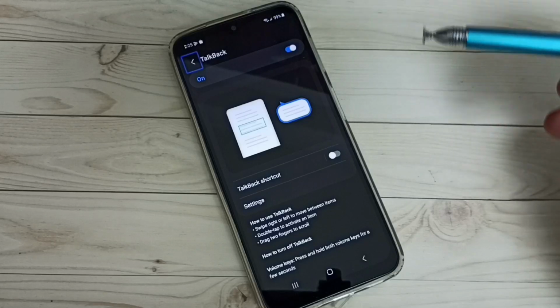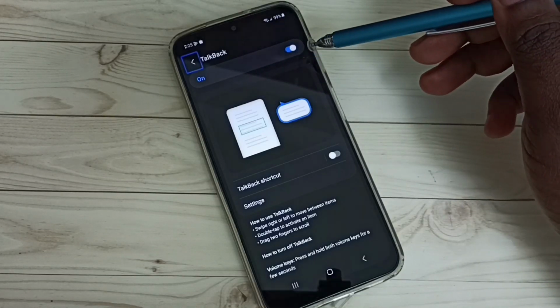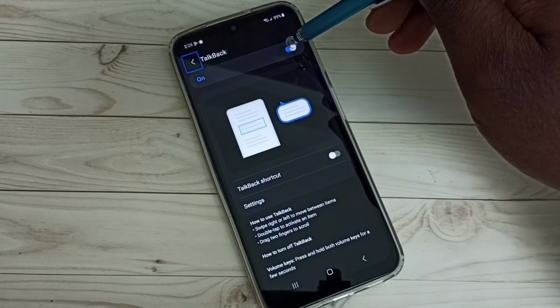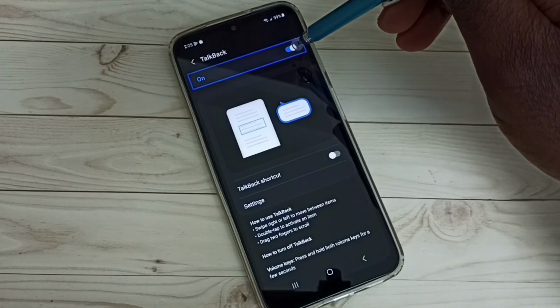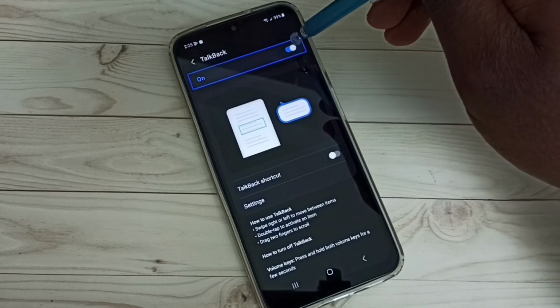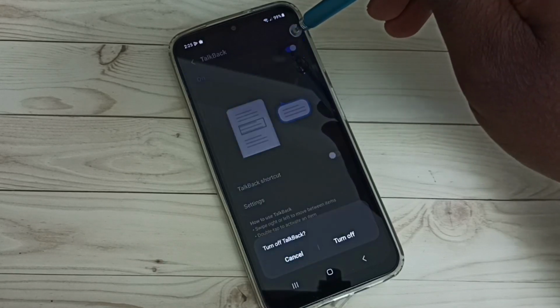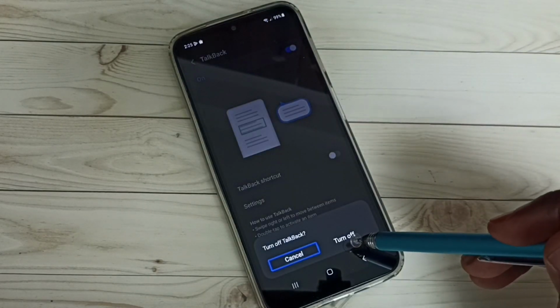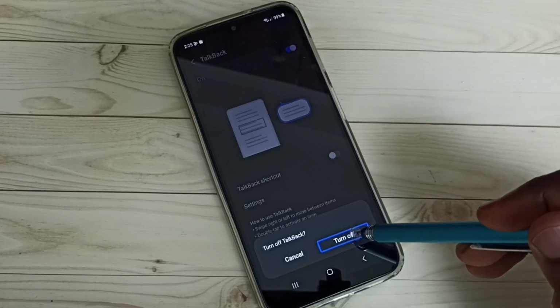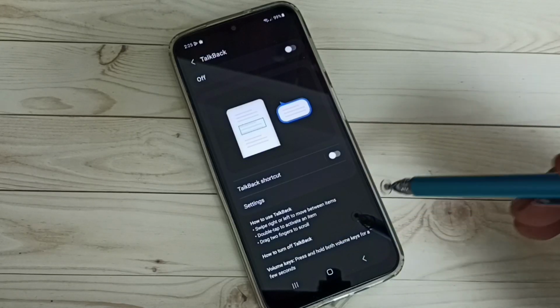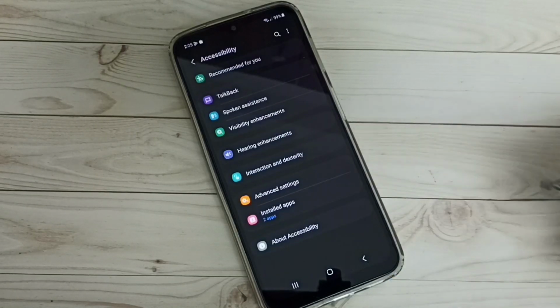Double tap. So here we can see the on/off button. Tap on this button, then double tap to turn off. Let me try one more time. Then tap on turn off, then double tap. Done. So this way we can turn off